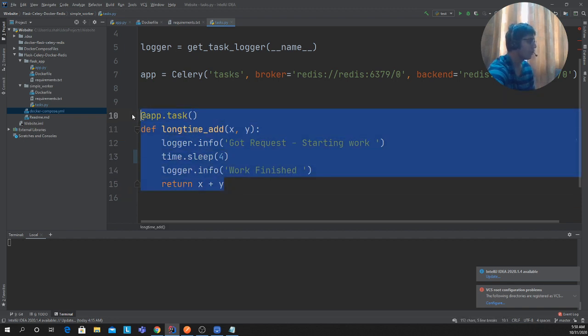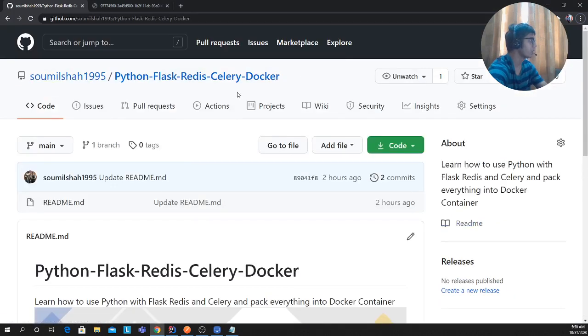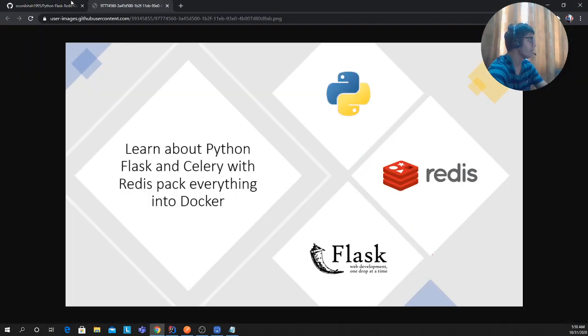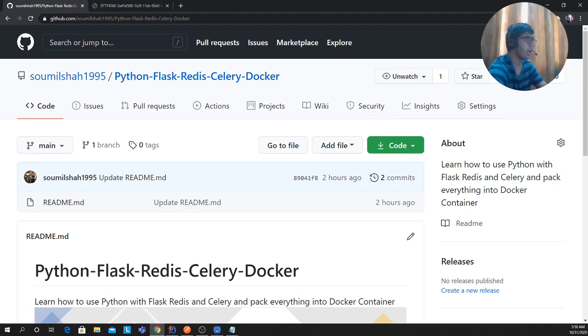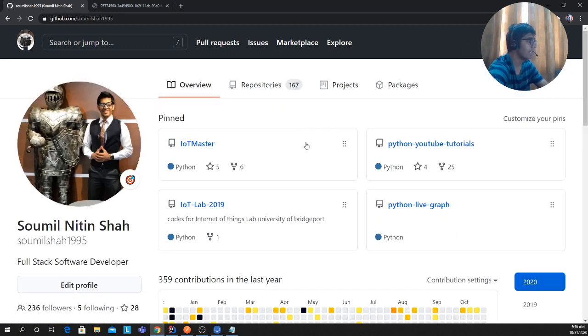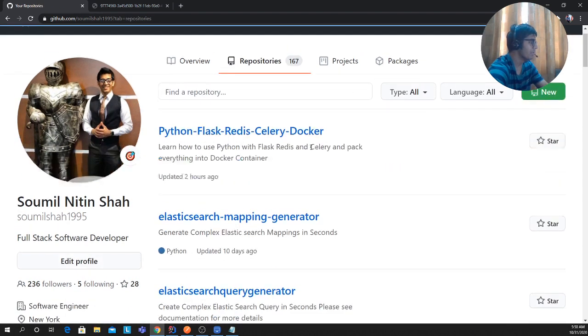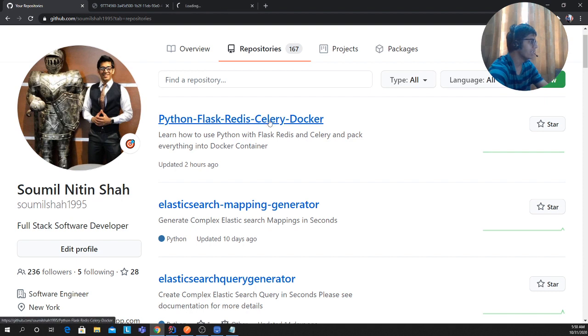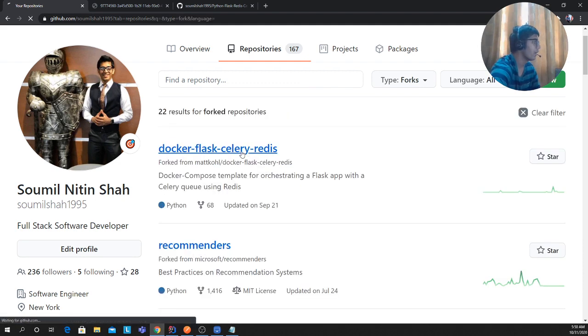I got this code from one of the GitHub repositories, and I tweaked it. Of course, if you copy code, you should give credits. I think I did fork his repository. I would leave the links for the original repositories in the description section. Let me see if I can find it quickly. I guess that's the one. Oh no, that's the repository I created. If I look at the forked one, yeah, that one.